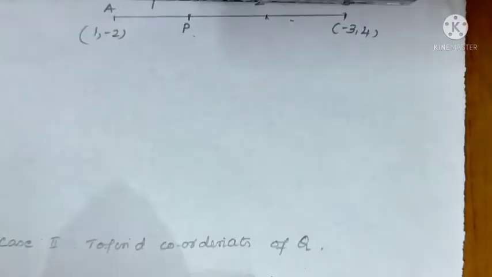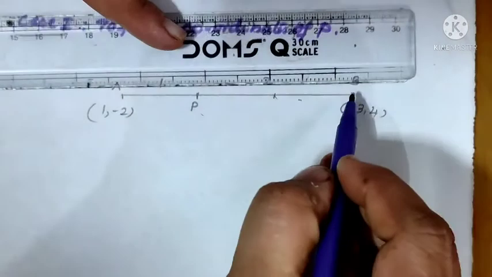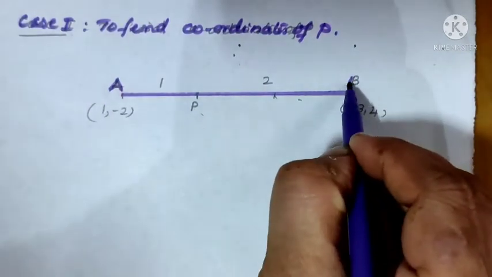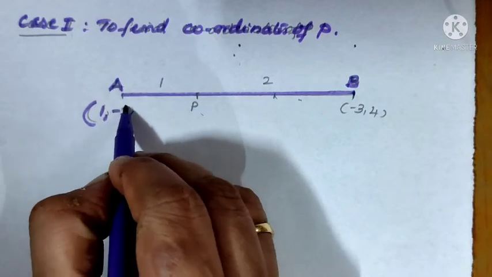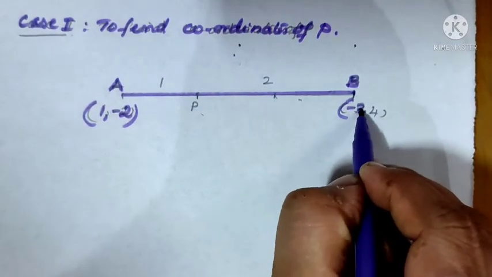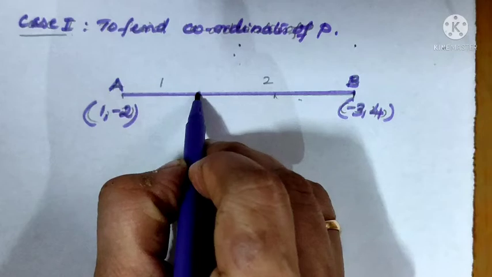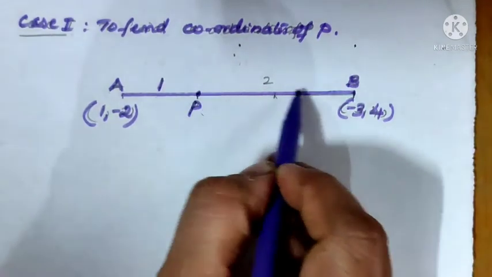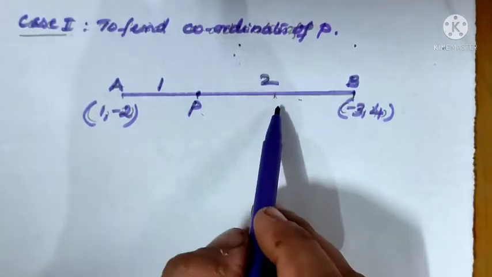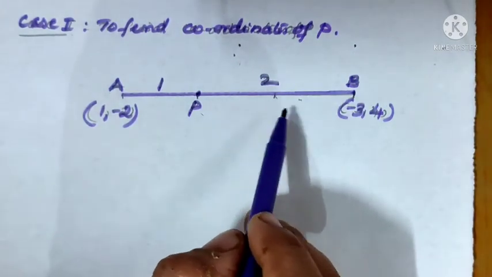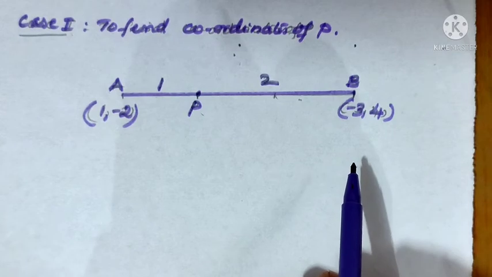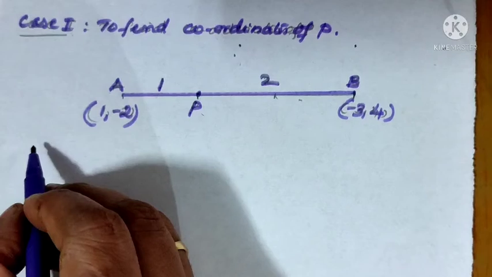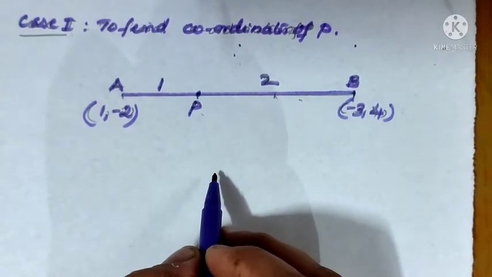So what is the diagram now? We will draw AB only here also, A is (1, -2) and B is (-3, 4). Now we are taking only one point this time, that is P. Here the ratio is 1, but on this side the ratio is 2, because Q is included there, but this time we are not considering Q, we are finding the values for P only. Now again by the section formula we can write. We have already done two sums, so you know how to do this question.